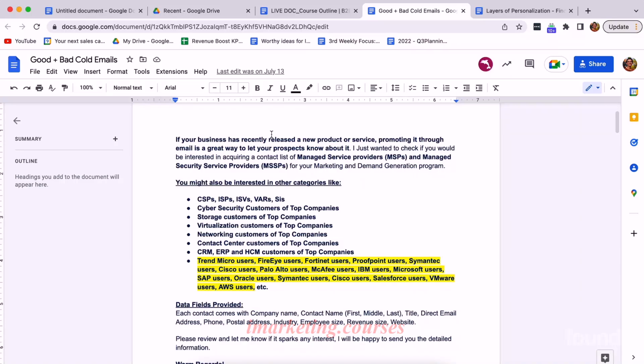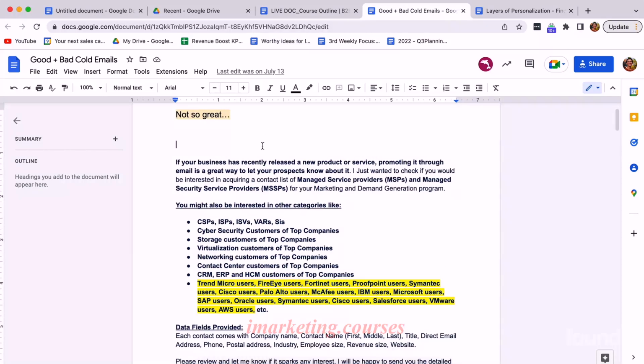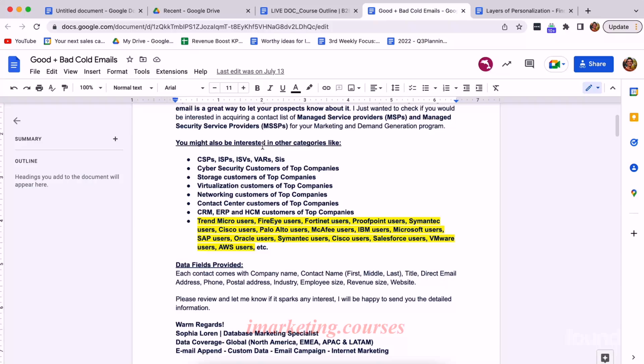I get emails like this all the time of someone just having a bulleted list of all their services. And it's kind of like just throwing a bunch of mud against the wall to see what sticks, right? It's like they're just really hoping that, in some shape or form, I happen to need one of these services and I happen to be looking right now. So yeah, I would say what's not great about this is it's super long, it's super focused on themselves,